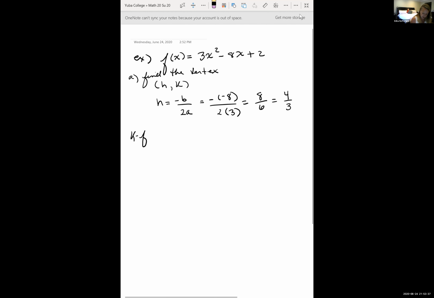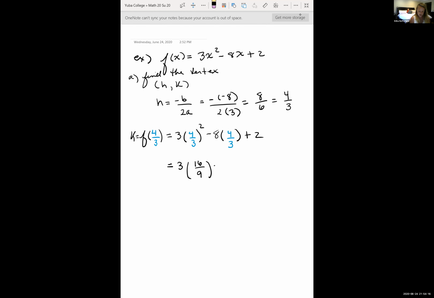So k is equal to f of 4/3. So we're going to go in, and wherever we see an x, let's just replace it with a parentheses. And then we're going to put in 4/3 in that parentheses. So order of operations, I have to square that 4/3 first before I can multiply by that 3 out front. So 4/3 times 4/3 is 16/9